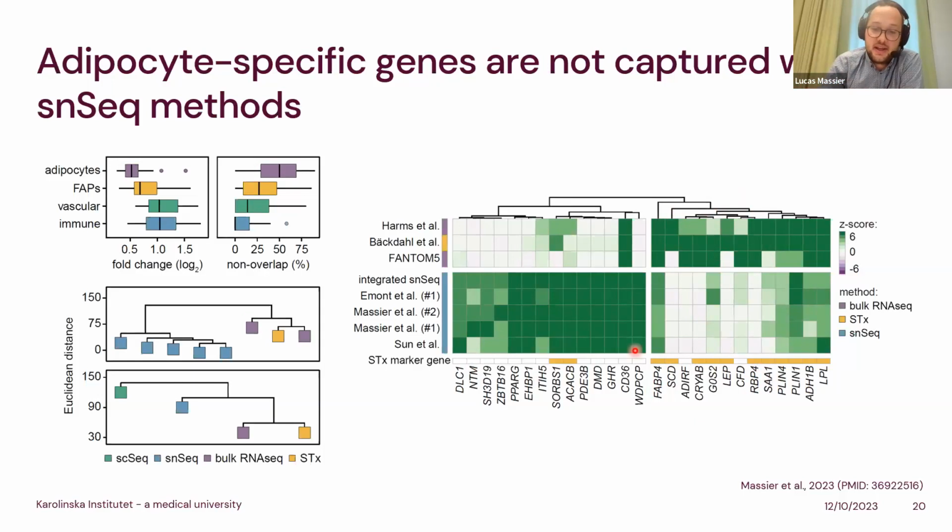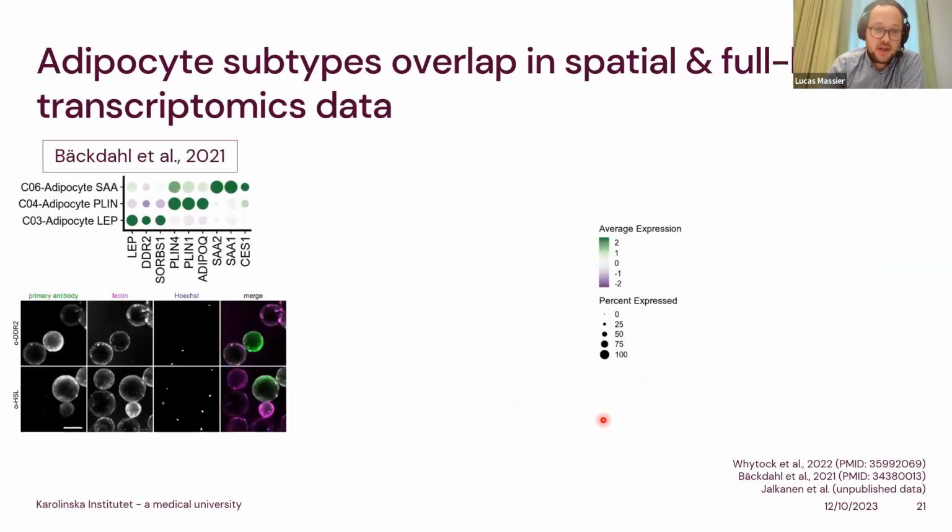Now, why that is the case, we are not sure, but we think that this might be a reason or an explanation why we maybe see less heterogeneity, or less systematic heterogeneity, of adipocyte clusters in the single nuclei data. If we look at our spatial data, however,